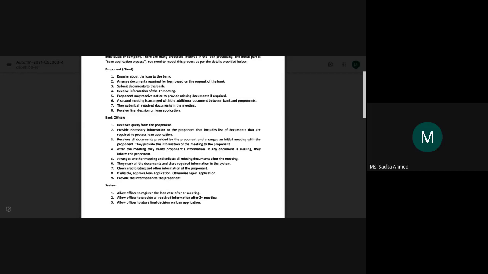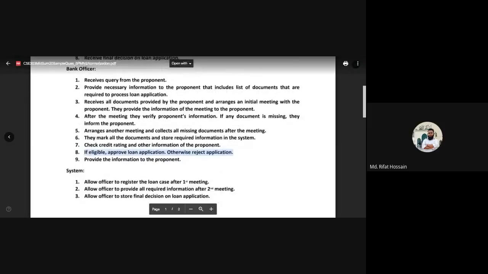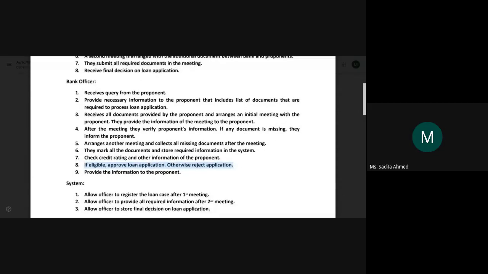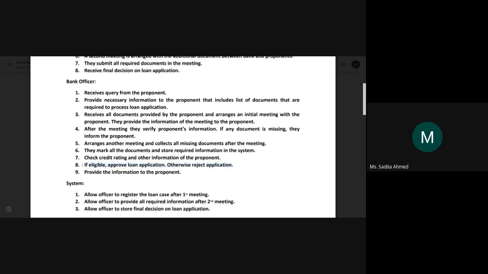এই যে এই জায়গাটায় দেখো, এই পার্টটা দেখে আমরা কি বুঝতে পারি বলো তো? Can anyone tell me? By the way, is this visible? Yes ma'am, it's visible. Can anyone tell me based on this specific step? এটা তো ম্যাম নরমালি এই হবে একটা জাস্ট গেটওয়ে। This will be an exclusive gateway, এটা বুঝতে হবে। এই জায়গাটা if eligible approve, otherwise reject application, ঠিক আছে? যে কোনো একটা হবে। জি ম্যাম,